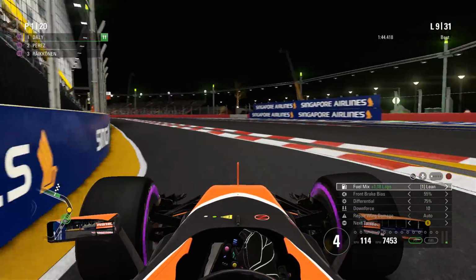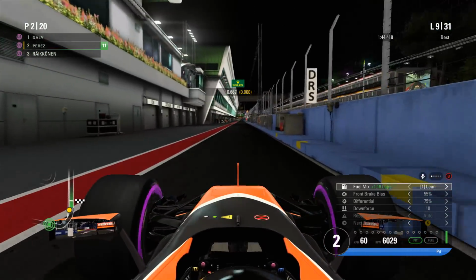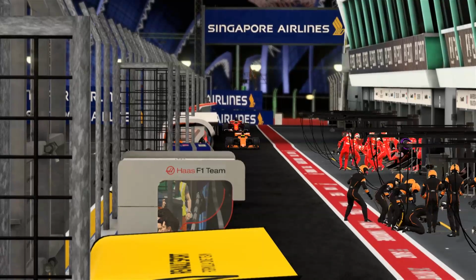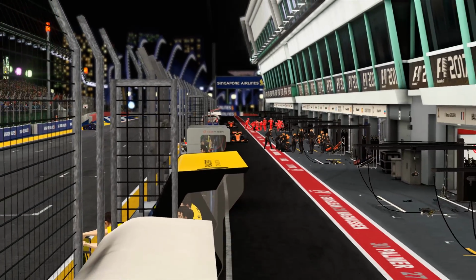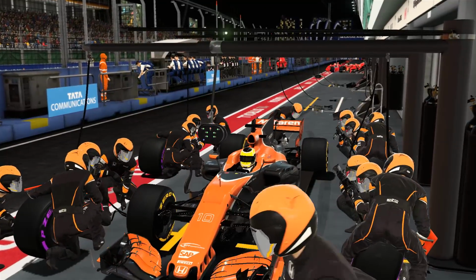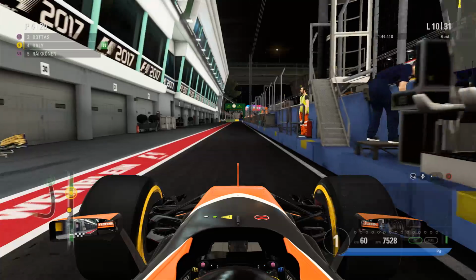So that's essentially what I'm going to try and do today, pitting onto the soft compound tyres at the end of lap 9. The guys who were in front of us, I think it's Bottas and Vettel, stopped on the previous lap, so hopefully I can rejoin fairly close to those guys and rejoin them in their battle. Sergio Pérez actually carried on for another lap, so he is certainly for sure doing the 1-stop